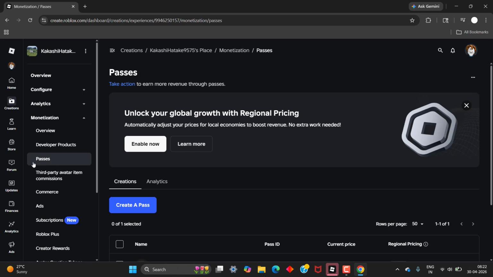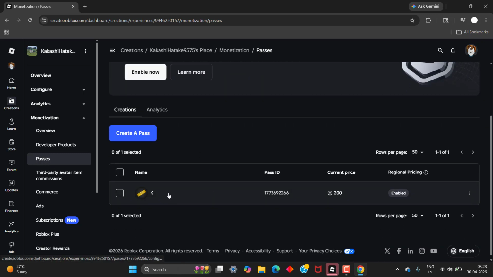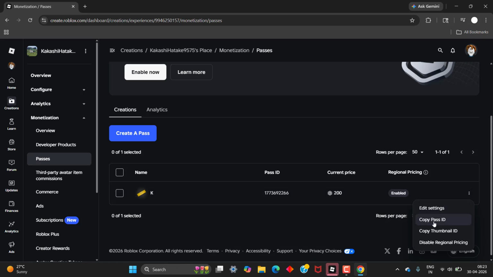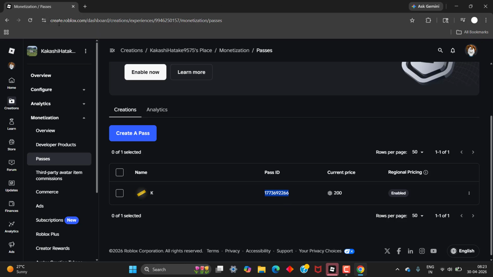Click the passes settings. In this, scroll down, and you have the passes out there. So on the right side, you have a three dot icon. You need to click it, and after that, the Copy Pass ID option is there. You need to click that icon. Once you click this, it will copy the pass ID, or else you can click and copy the pass ID,